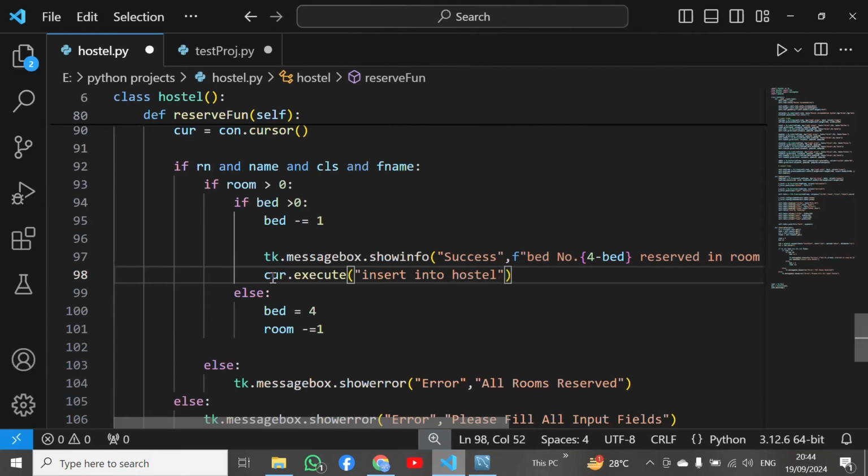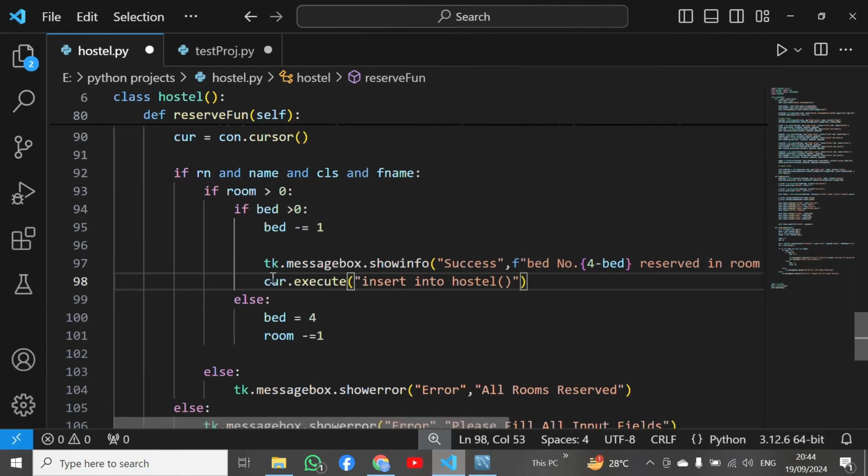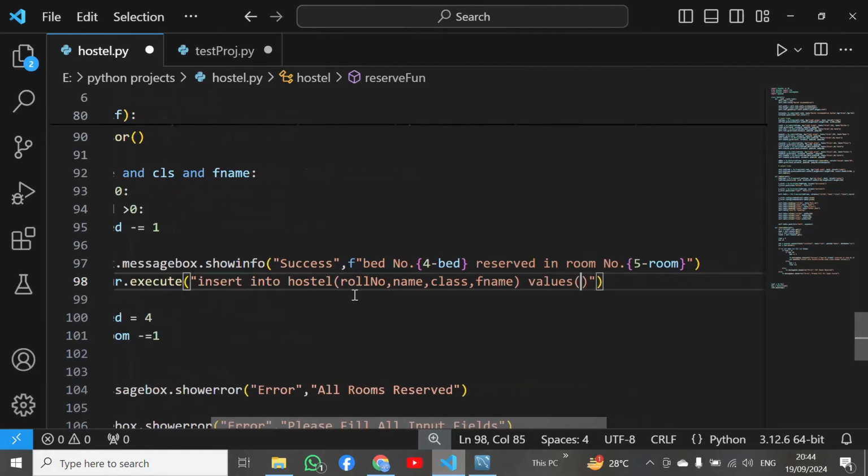Then here we have to assign values, so I have to define column names. The column names were: first column name was roll number, second was name, third was class, and fourth column was f name. Now we have to insert values, and here we have to pass some placeholders. I have to use placeholder %s, then second %s, then third %s. These are four columns, so we have to use four